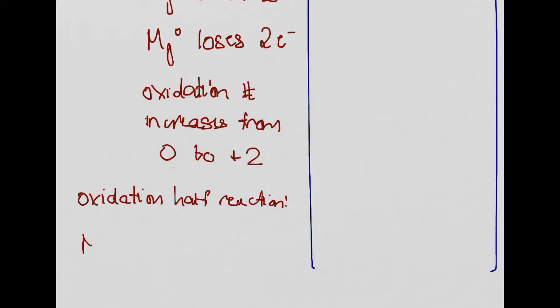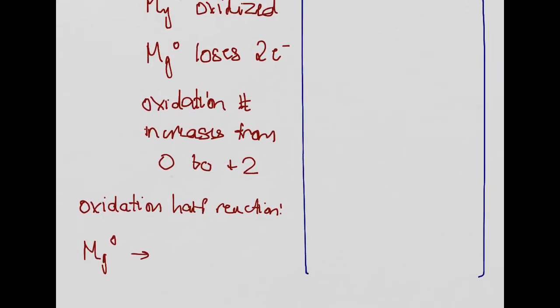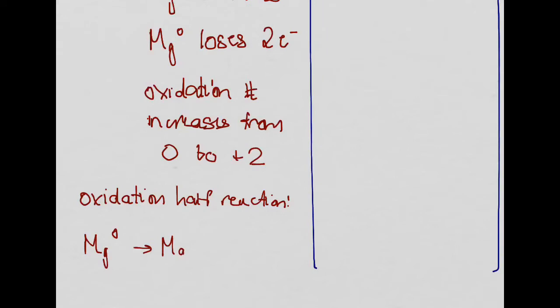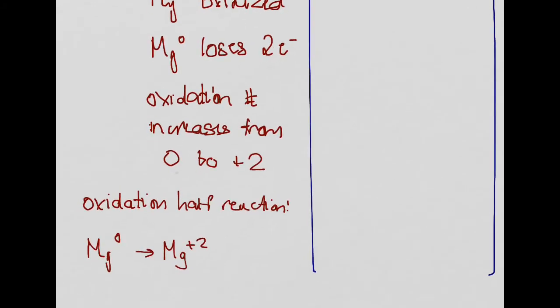Well, we have magnesium with a charge of 0 on the reactant side, and then it becomes magnesium with a charge of 2 plus on the product side. So because magnesium got oxidized, it lost electrons, we need to indicate that loss by writing it on the right side of the arrow. So this goes to show you that magnesium lost 2 electrons,